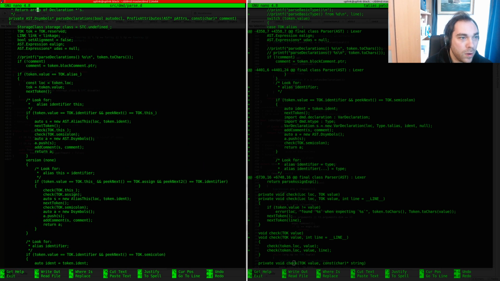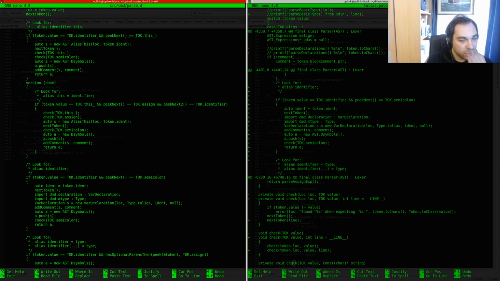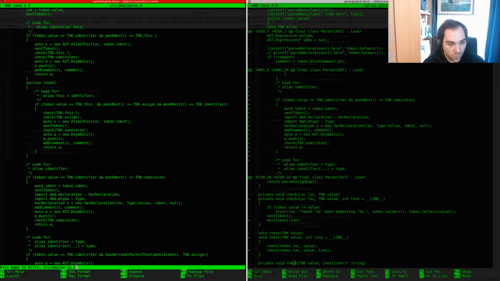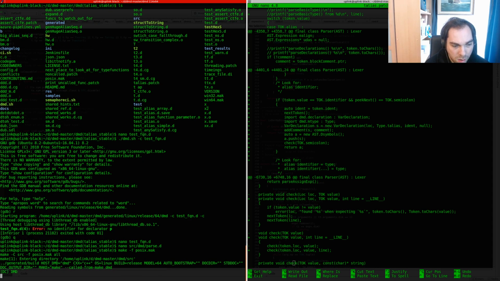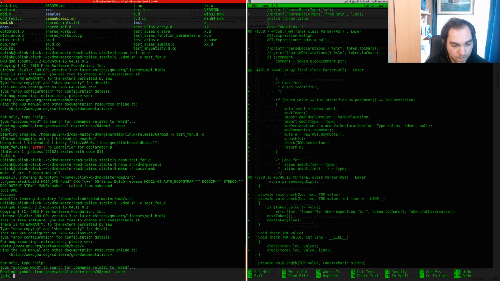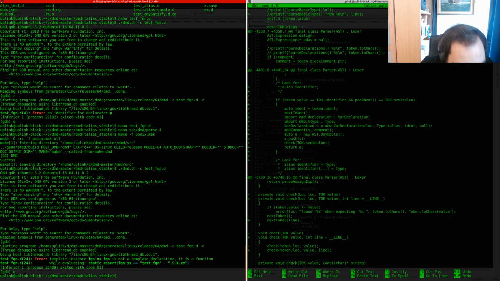At this point here, we already know that the current token is alias, so we have already matched the alias, and then we look for an identifier, and if the next symbol after that is a semicolon. So if we have something that looks like alias a semicolon, that would match for this, and then we would know that we have an alias variable. So if we now recompile this code, it should be working. So yes, it does